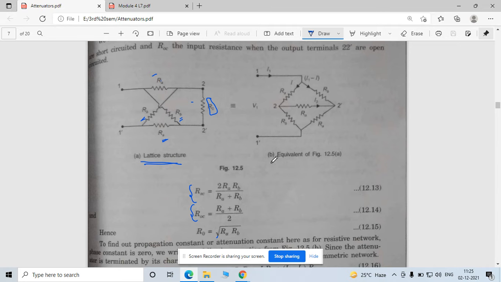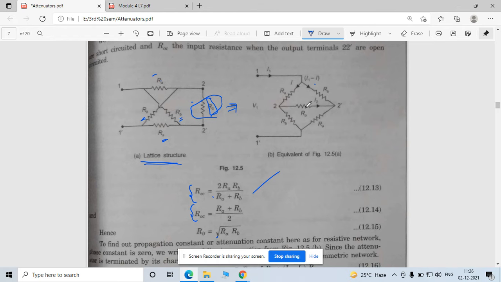Now see what equations we are using here. First of all, apply KVL from this loop. Okay, see, this is your RB, so this is your short circuit resistance. While using this, your output port is getting short circuited. Now this circuit is equivalent to this circuit. This port terminal 2 is getting shorted, meaning this terminal is nothing but this terminal. So while taking this RSC, you have to make these two terminals short circuited.